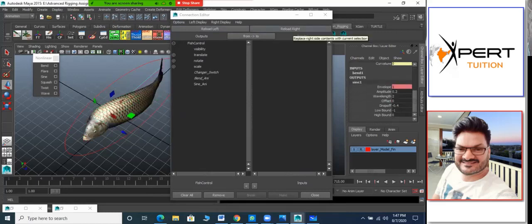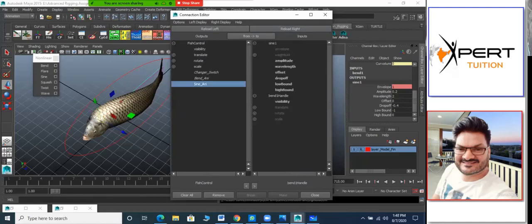I'll reload the right side. See, offset came here automatically. So I'm plugging the sign into offset. It's a 1-to-1 connection. That's why it is possible. If it was a different number, if you created 5 and there it is 10, then you cannot connect it. I created plus 10, minus 10, and offset also works for plus 10, minus 10. That's why we can directly connect. Is it clear? So it's easier. Instead of going into set driven and creating 3 keys, we can do it directly. But you need to remember the connection editor only works 1-to-1. So your value and the attribute value have to be equal, then only you can use it. Otherwise, you always have to go for set driven. Is it clear for everyone?